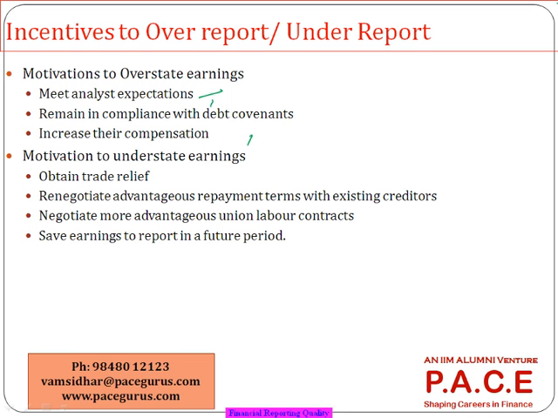There is a greed angle in some of the cases, and there is a pressure angle in some of the cases. But at the end, these are some of the motivations which will make any person over report the earnings in the P&L statement, net income in the P&L statement. Whereas some companies try to under report the earnings to get some kind of trade relief and subsidy.